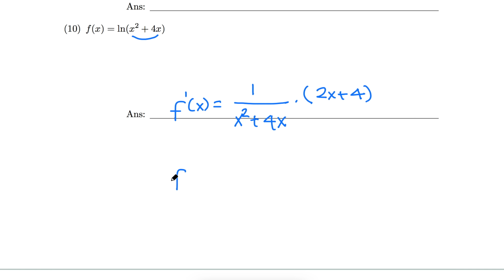And you could also write this derivative as 2x plus 4 over x squared plus 4x. Either way would have been